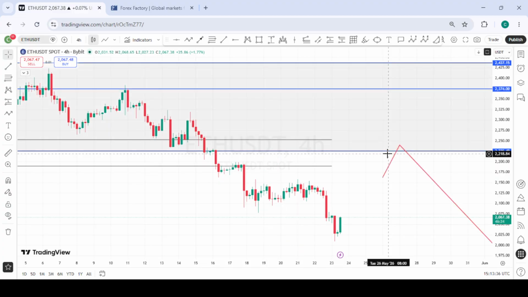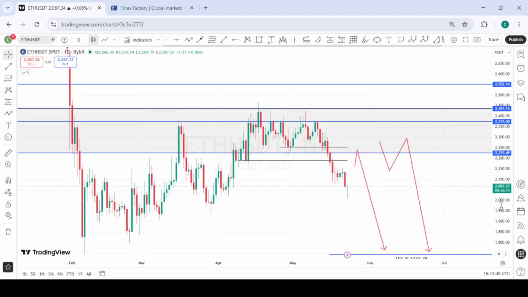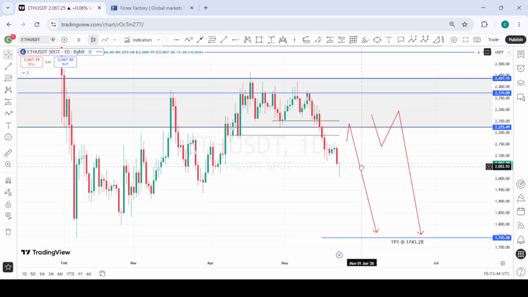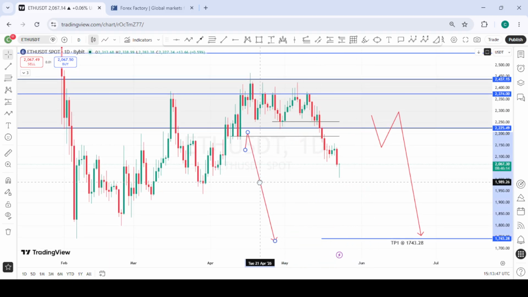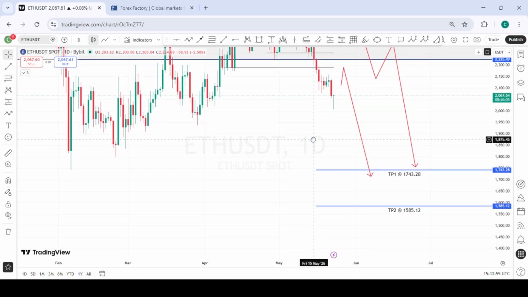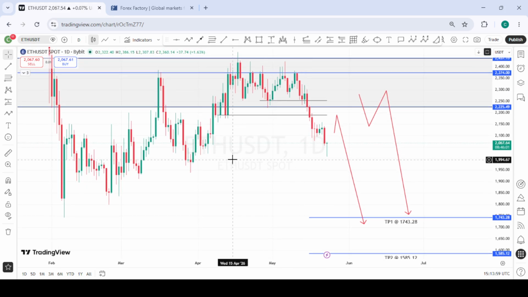I think for the last one, this is Ethereum. So last week we were anticipating that price was going to pull back to retest these structure points we have here and give us some sell continuations to the downside. Price never retested it, and then it kept dipping to the downside. So these are the targets we have for Ethereum going forward. And so if you are able to catch any sell opportunity, you can look forward to that and then take your sells to the downside.